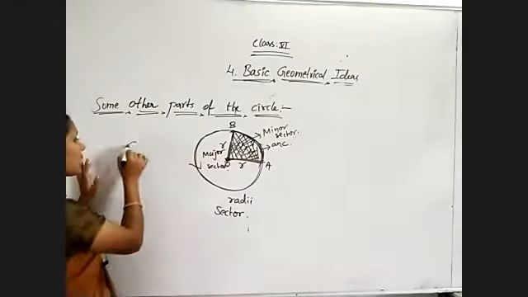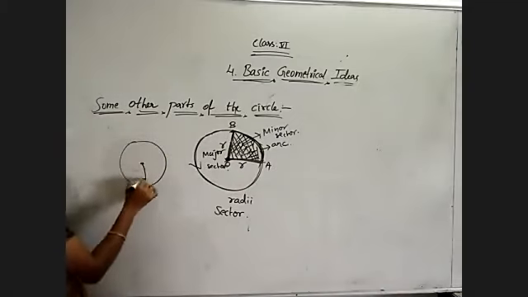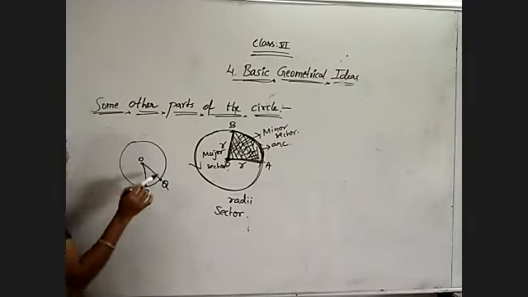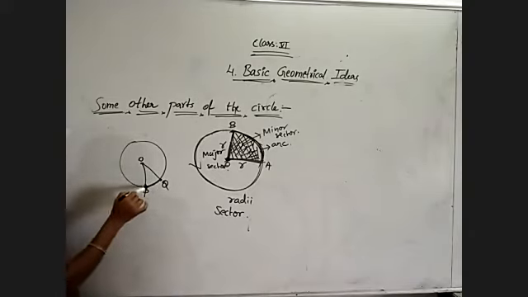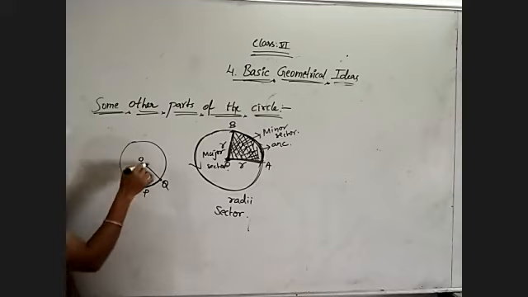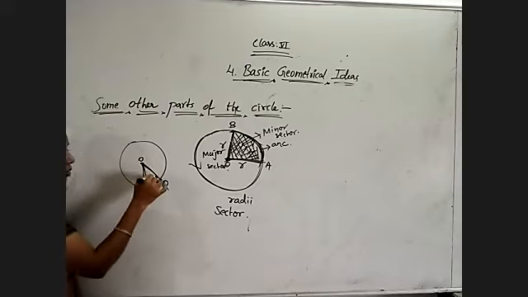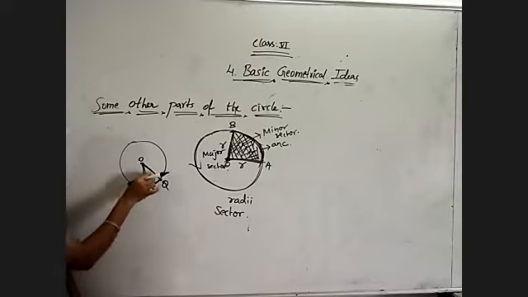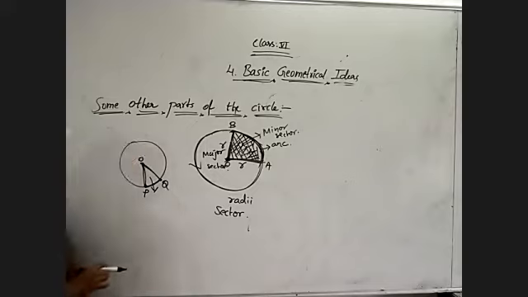Now just observe, I am drawing here. O, P, Q. Okay. So OP and OQ are radii, and PQ is an arc. Yes, this side arc, this side also PQ is an arc itself. So the area bounded by this figure, that is two radii OP and OQ and arc PQ, is known as the sector. Here this portion is a minor sector because less space is occupied by this, and this side has more space, so it is a major sector.